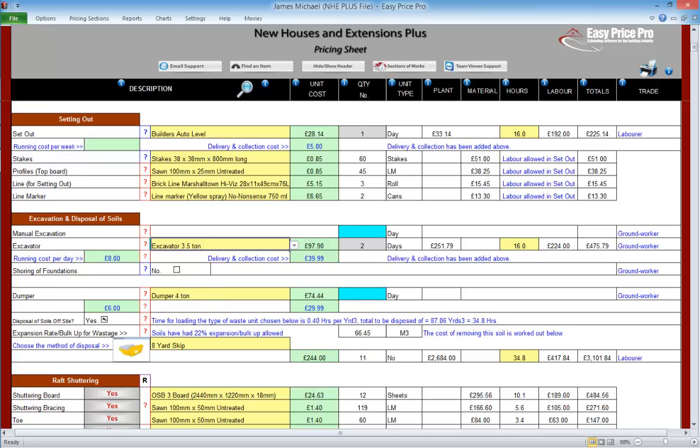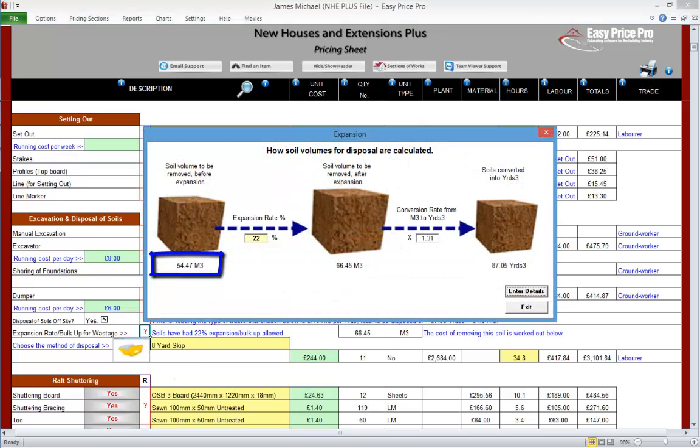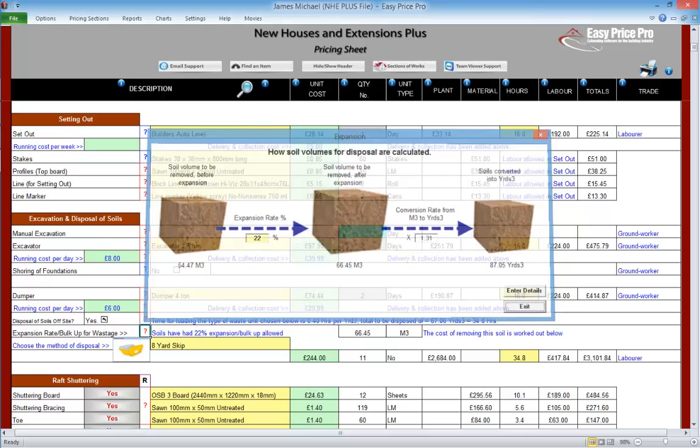A dumper will also be needed for 2 days. The hours are brought through automatically, but we can change these. We can view how the expansion, bulk up rate has been worked out, so we can see the amount of actual soil there is. This is the default percentage allowed for expansion. This figure is then converted into yards, and it's this figure that's used to work out, for example, how many